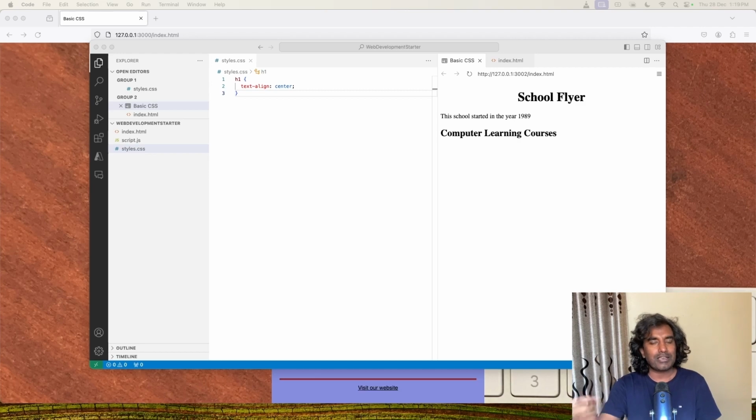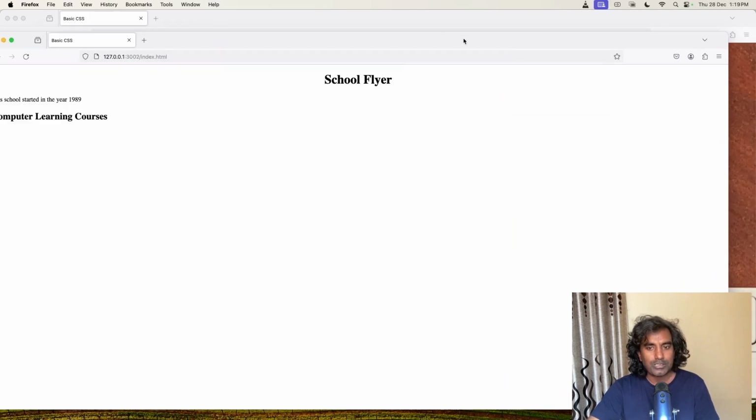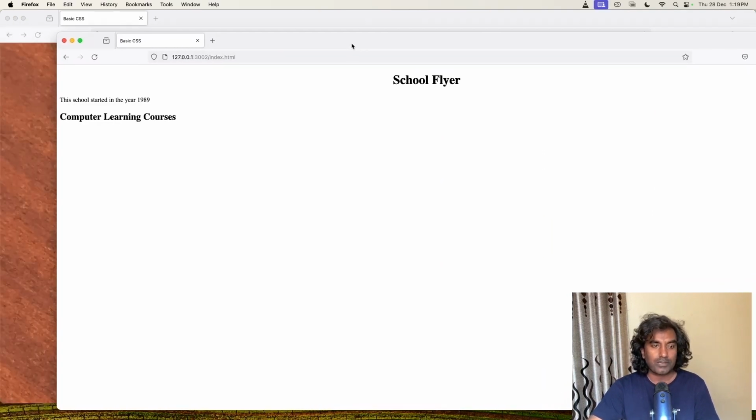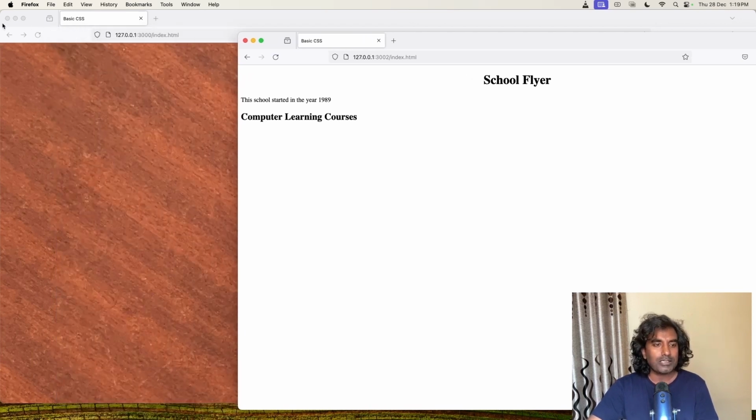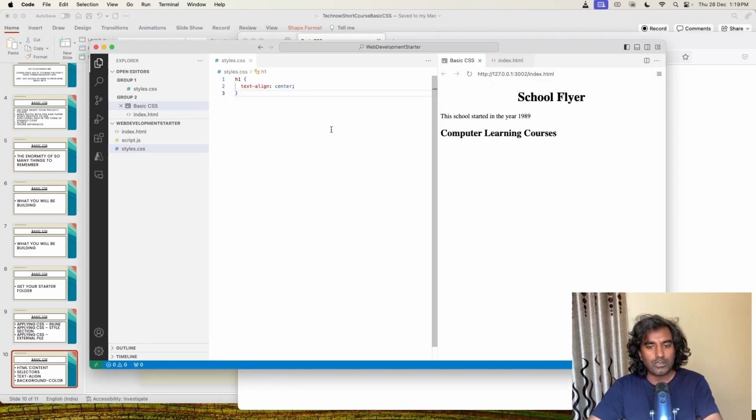But right now, I can't record two monitors, so I have to put the Firefox back on the main screen like this. However, when you're practicing, and definitely once you start working professionally, please understand why I keep talking about two monitors and three monitors, which will really help you increase your productivity. So right now, I'll just keep switching when I'm coding. Very useful to have it like this.